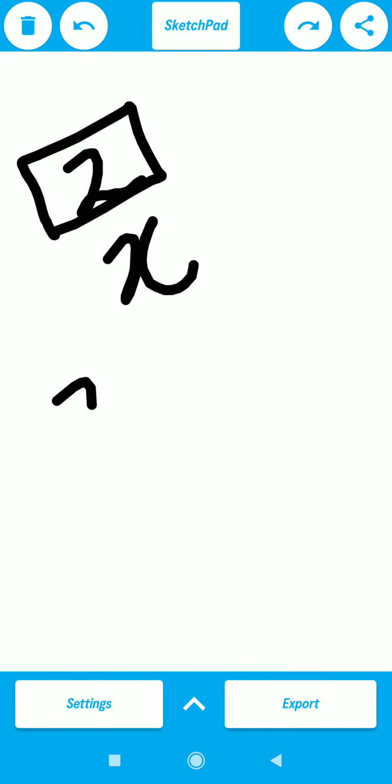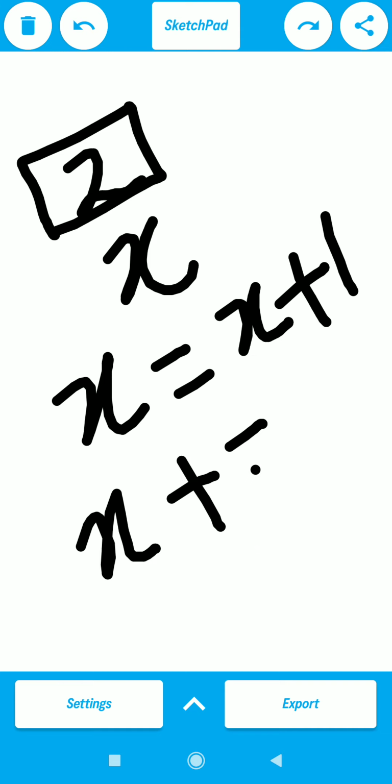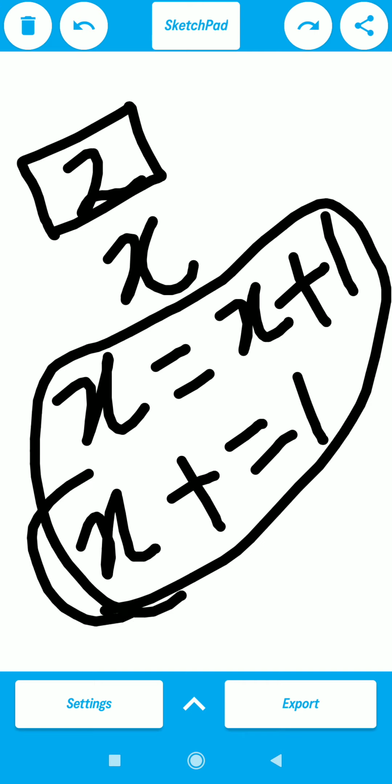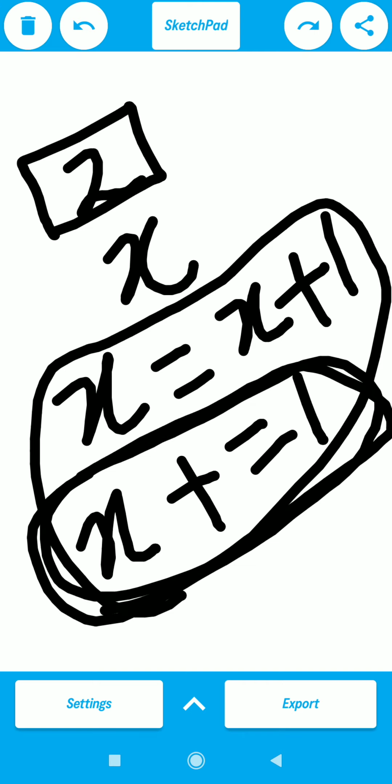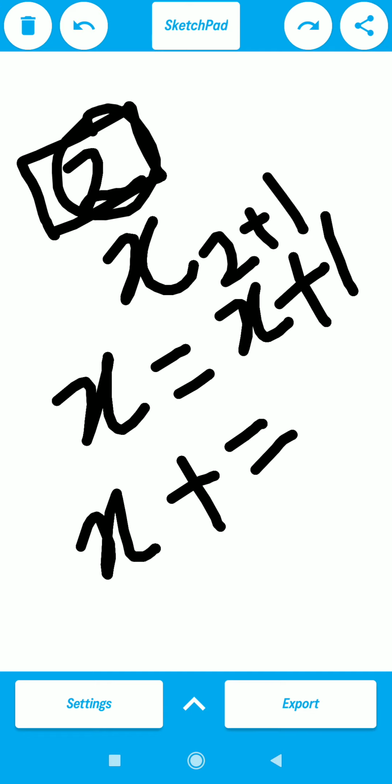If I say x equals to x plus 1, and if I say x plus equals to 1, both have the same meaning. Okay, but most of the time in programming we use this one. You can also write like this, and you can also write like this. So both have the same meaning. So what exactly it does is, if I say the next operation is x plus 1, so I have a 2 value, so 2 plus 1 is 3. Now it replaces the value of 2 with 3. Now the latest value I have is 3.